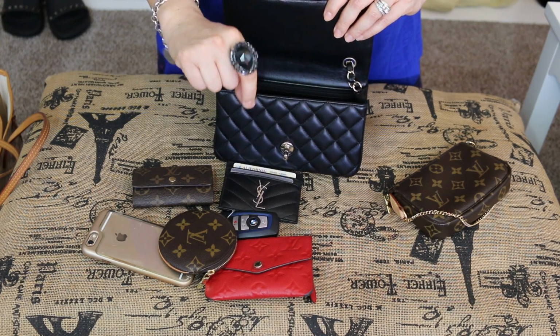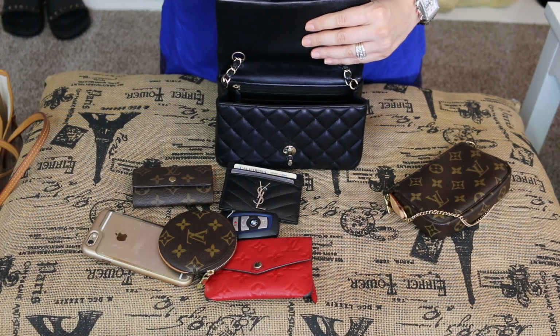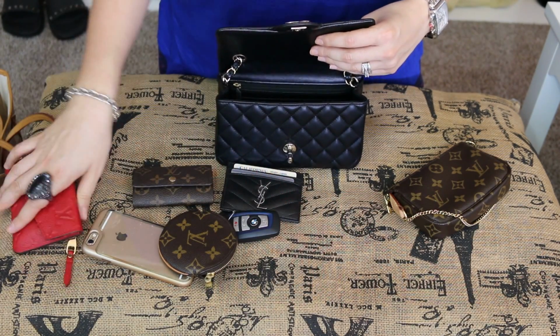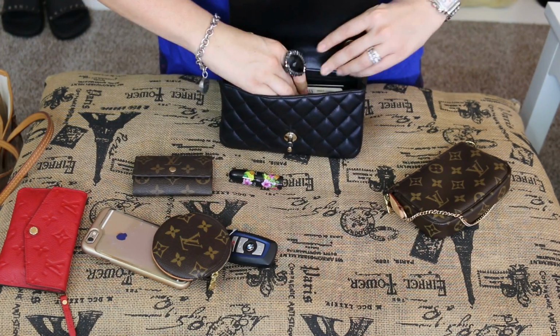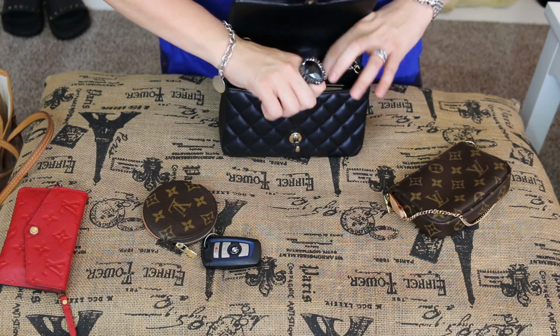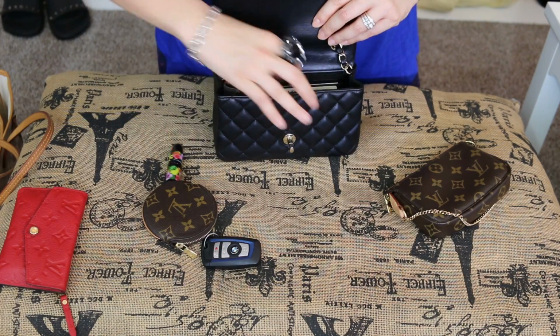So it's a lot more confining, you don't have as much play, but again, it depends on how much you're fitting in here. So if I was carrying the regular clay, then it'd be a lot easier. But these for sure are the items that I will be carrying for the next little bit, and it makes me really, really happy. And you can even maximize your space even more if you were to carry your phone